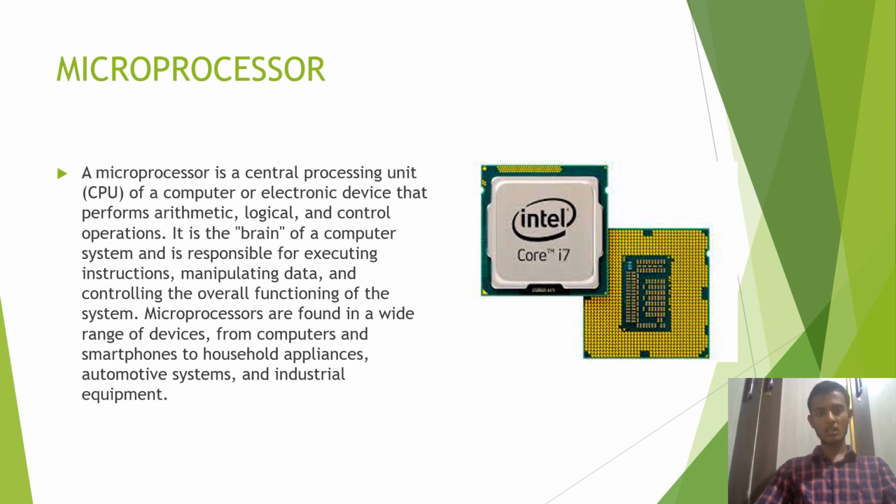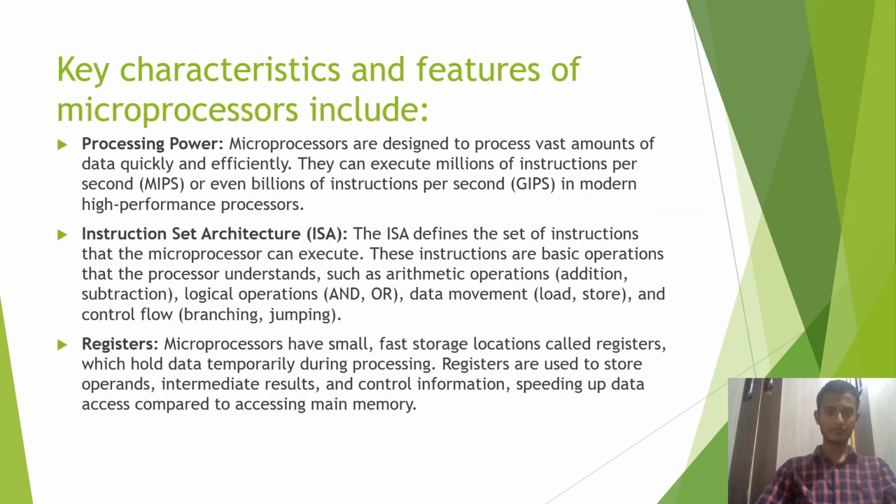Let us first discuss the microprocessors. A microprocessor is the central processing unit, or CPU, of a computer or electronic device that performs arithmetic, logical, and control operations. It is the brain of computer systems and is responsible for executing instructions, manipulating data, and controlling the overall functioning of the system. Microprocessors are found in a wide range of devices, from computers and smartphones to household appliances, automotive systems, and instrumentation equipment. Key characteristics and features of microprocessors include